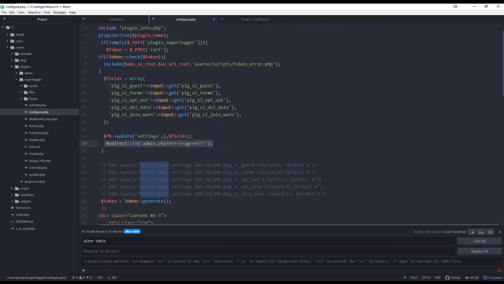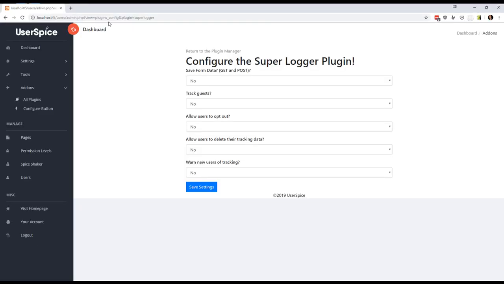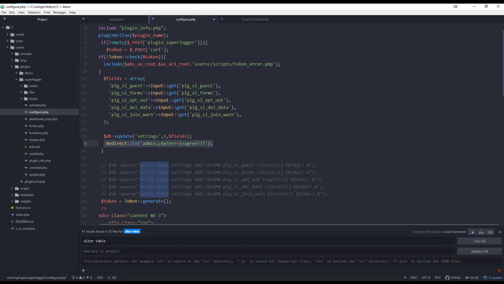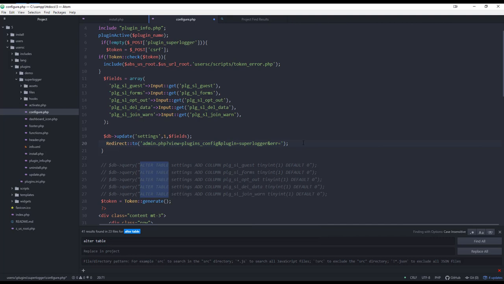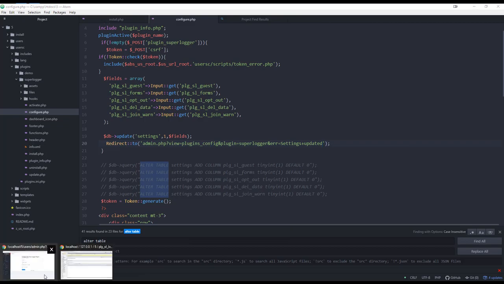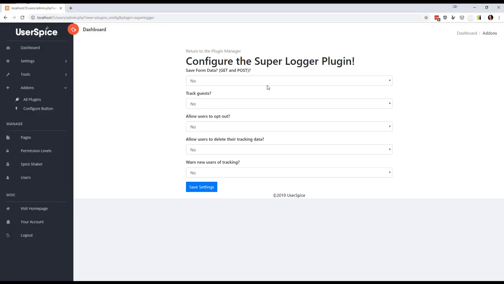redirect to, let's look at what page we're at here. If we view this, we are on this, so let's grab this part. We want to redirect to that, and we want to say and or equals settings updated. So now we should have a control panel that will allow us to change all these settings, and